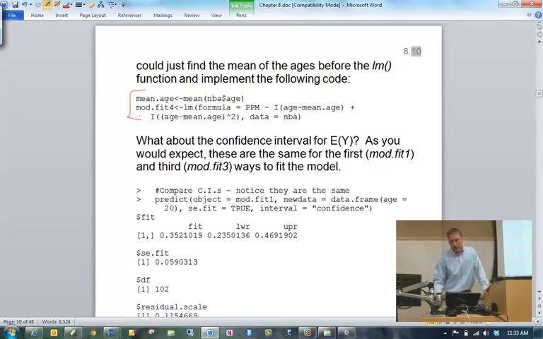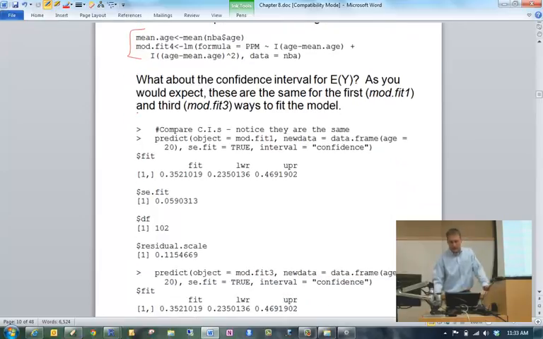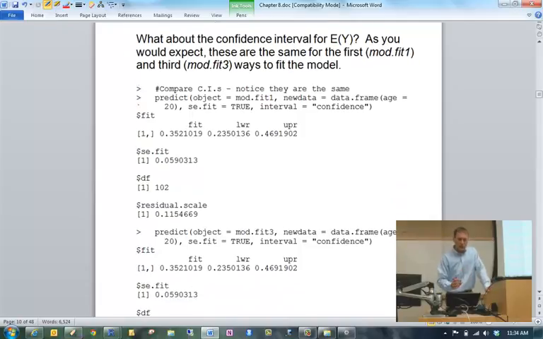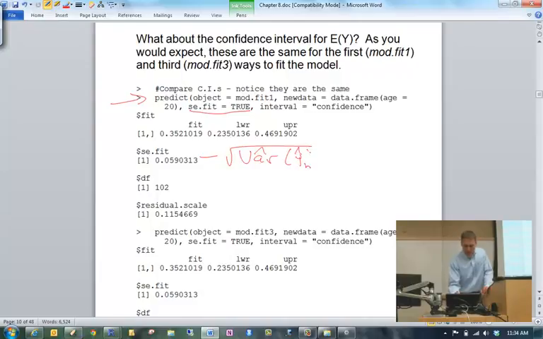What about confidence intervals for the expected value of y? Same application of what we've done before, so this would be a nice review too. So predict, object equal mod.fit1, new data equal data.frame age equal 20. You can set se.fit equal to true, and that's going to produce the square root of the estimated variance of y hat.